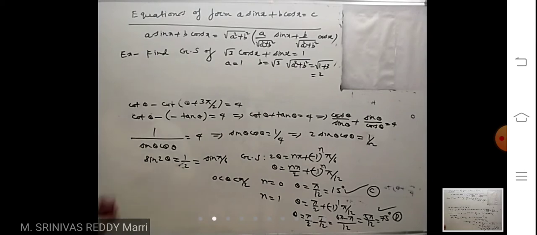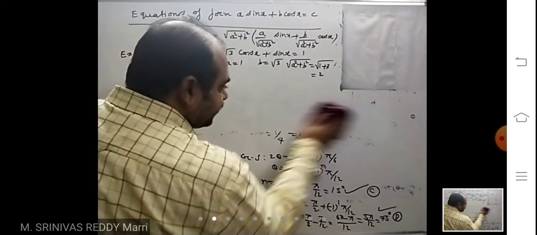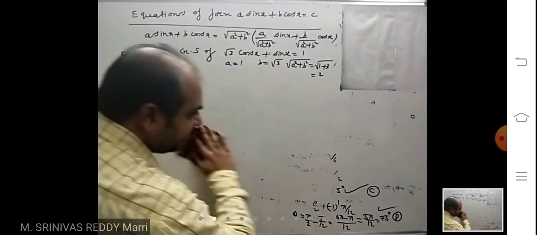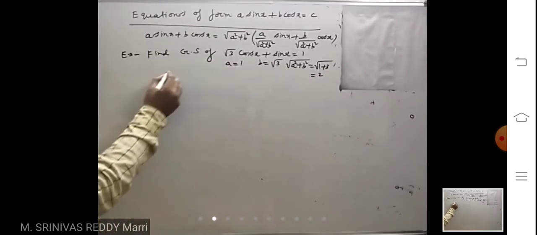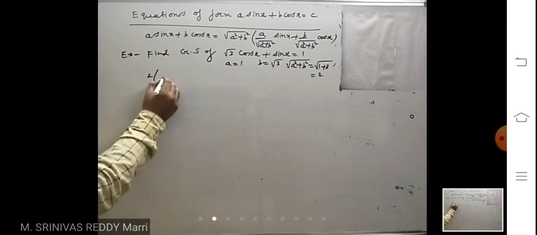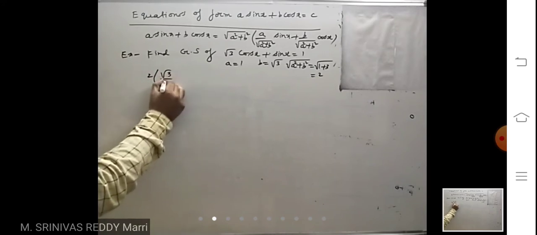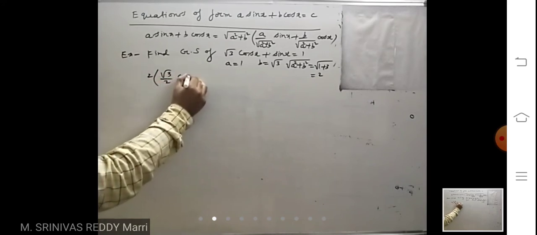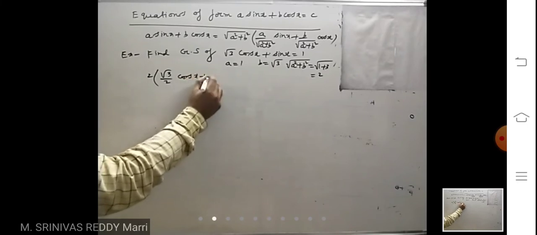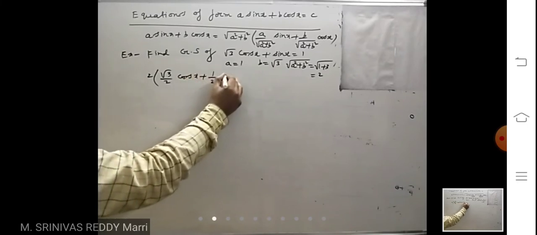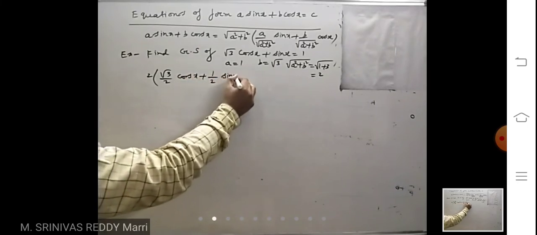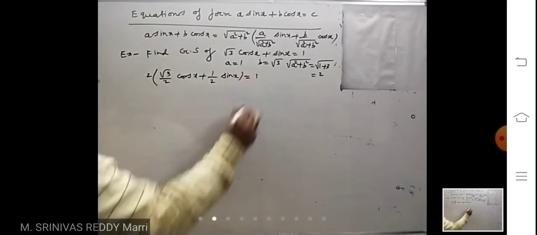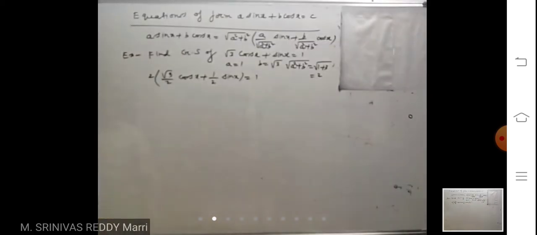Now the left hand side expression is there. Take that and multiply and divide by 2. I am multiplying and dividing the left hand side of the equation by 2, so we get root 3 by 2 cos x plus 1 by 2 sin x equal to, this one will be just this side multiplied and divided.